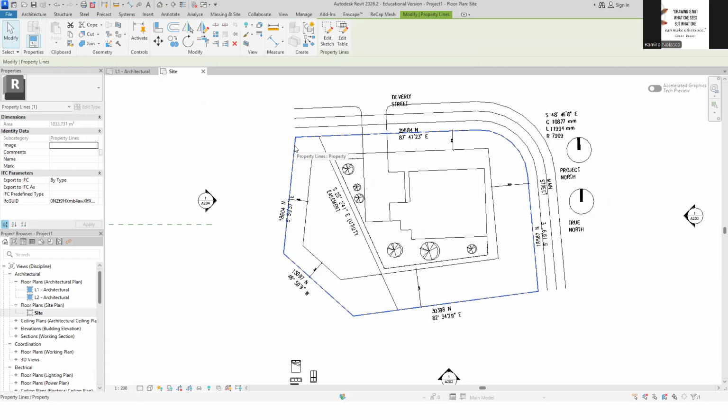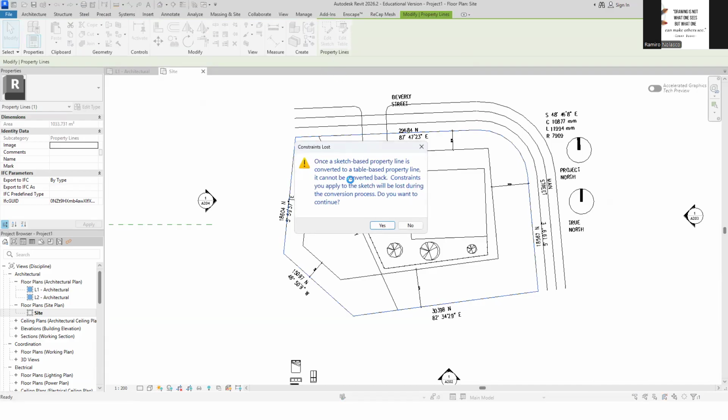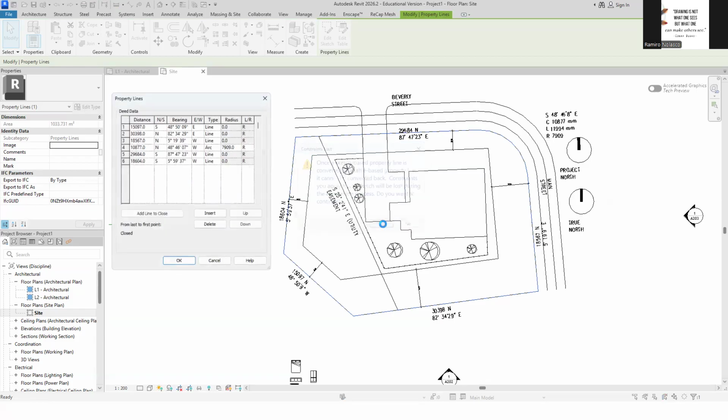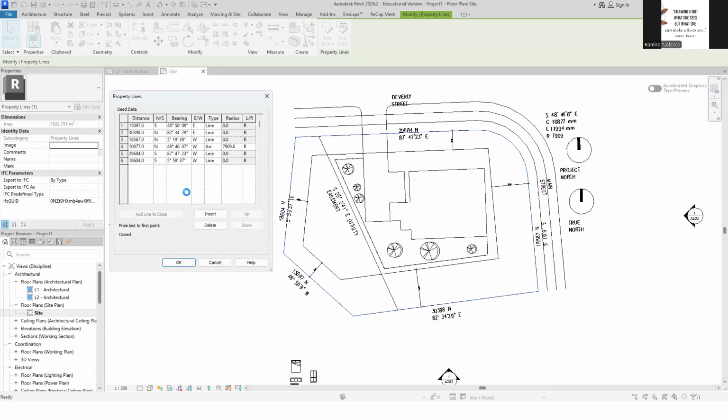Okay, you have to click to select, and then edit table. Again, once you convert that from a sketch-based property to a table, it cannot be converted back. So click yes, and there's the table. And you can verify this with your numbers. Always verify.